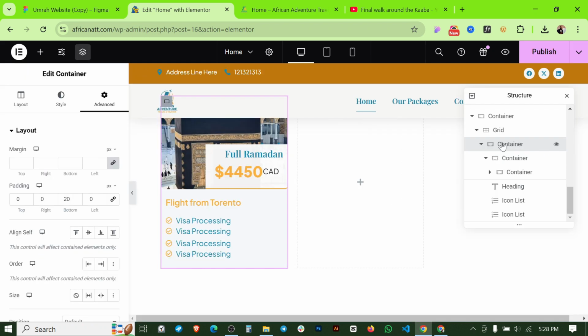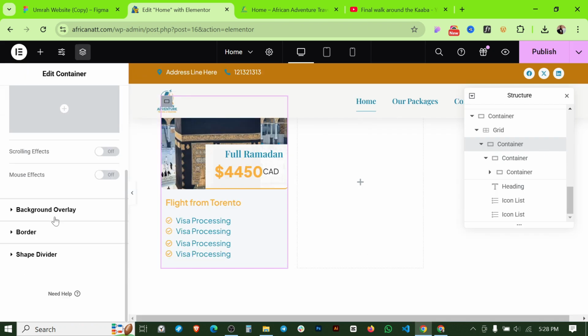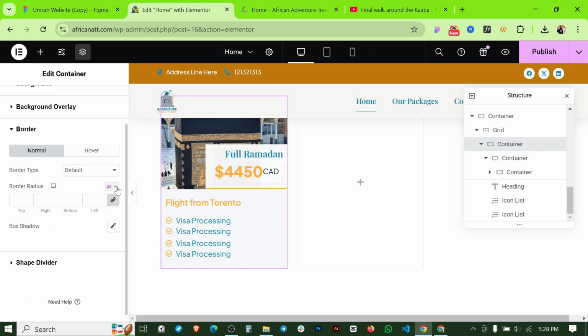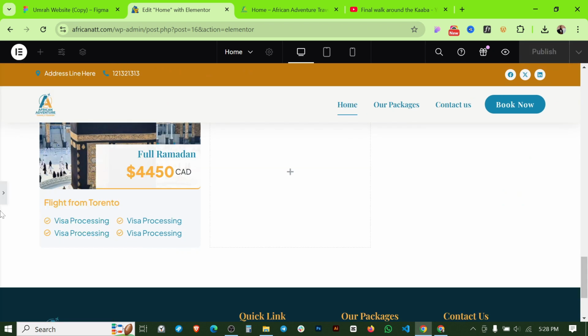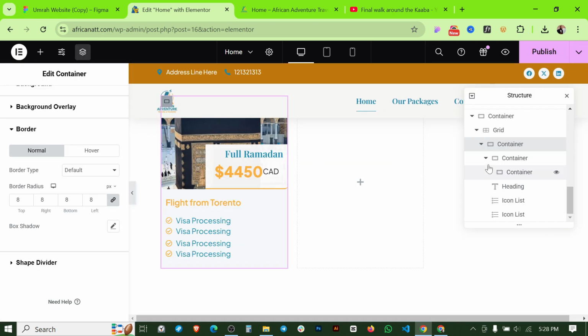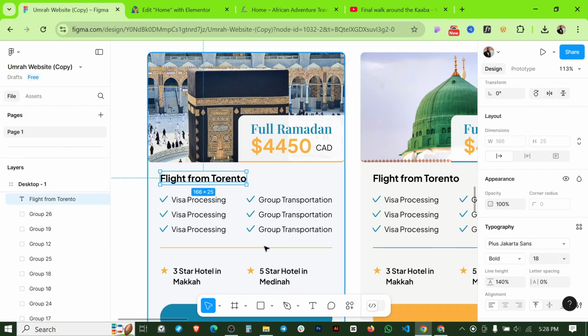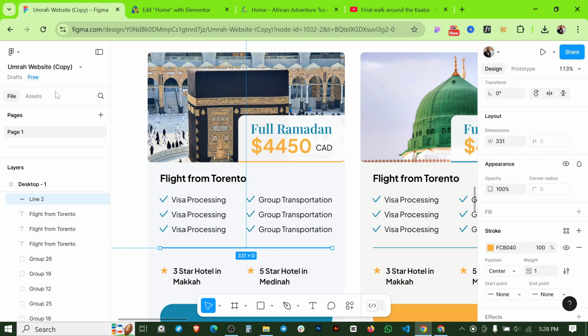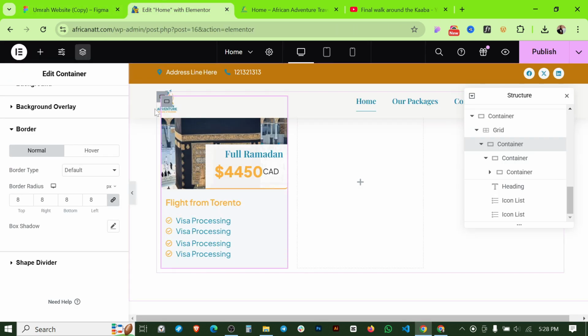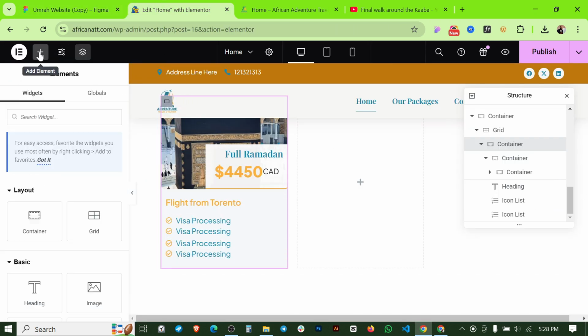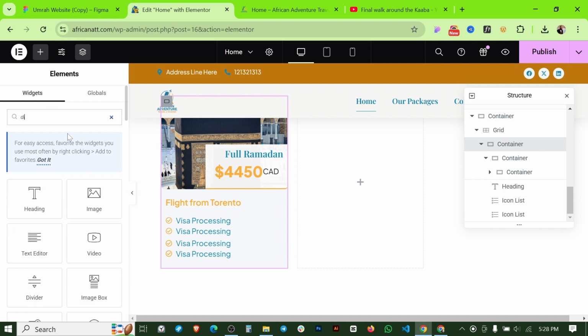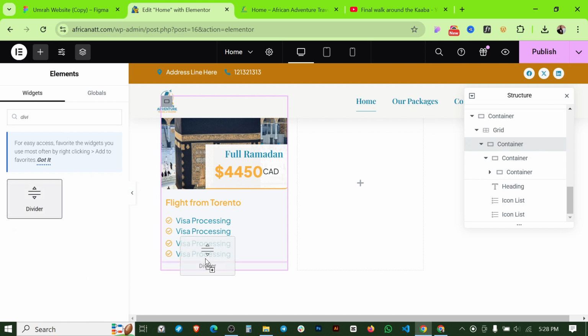And if I click here, and let's go for the border, and let's make 8 pixel of border everywhere, it will be rounded like that. And if I click here, there is a divider, you can see, and we have to make it. And for that, we're going to click on divider, and let's drop this here,